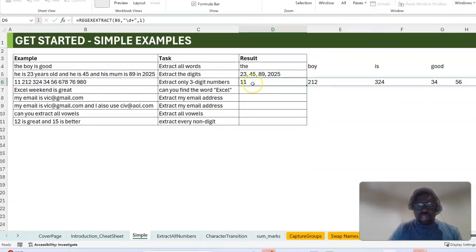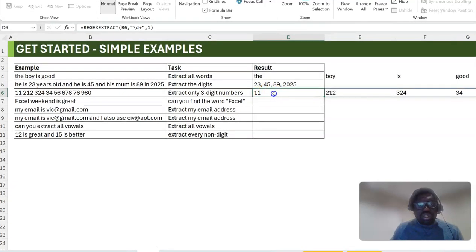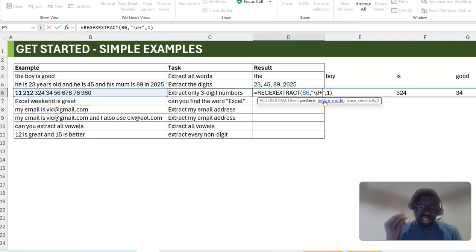But you see the result. Now this is the result. The result extracts all the digits. It breaks them out quite well, but it doesn't discriminate between 2 digits, 3 digits, or whatever. So what do you do in this case? This is where you use what I will call an absolute quantifier. So instead of using plus, because plus means 1 or more, but what you're interested in this case is 3,